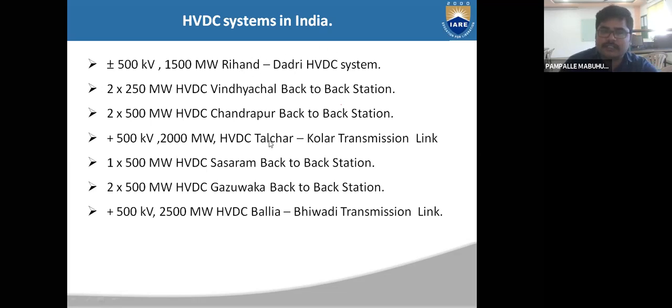Now this Talchar and Kolar transmission line has only a single pole represented here, so this may be monopolar. So it is a monopolar transmission line between Talchar and Kolar. This is also a monopolar link which is between